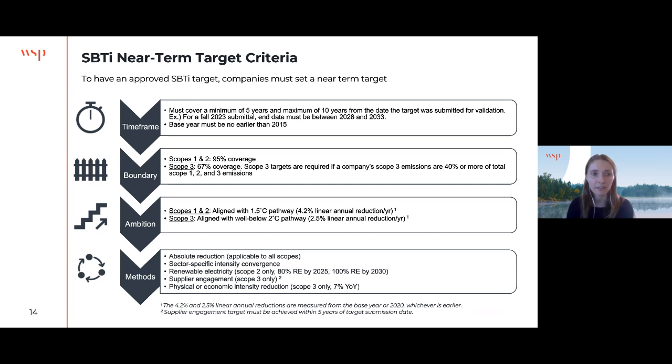For the boundary, the emissions from scopes 1 and 2 included in the target must cover 95% of your total scope 1 and 2 emissions. And scope 3 targets are required to be set if your scope 3 emissions are more than 40% of your total scope 1, 2, and 3 emissions combined. If you do need to set a scope 3 target, the scope 3 target must cover 67% of your total